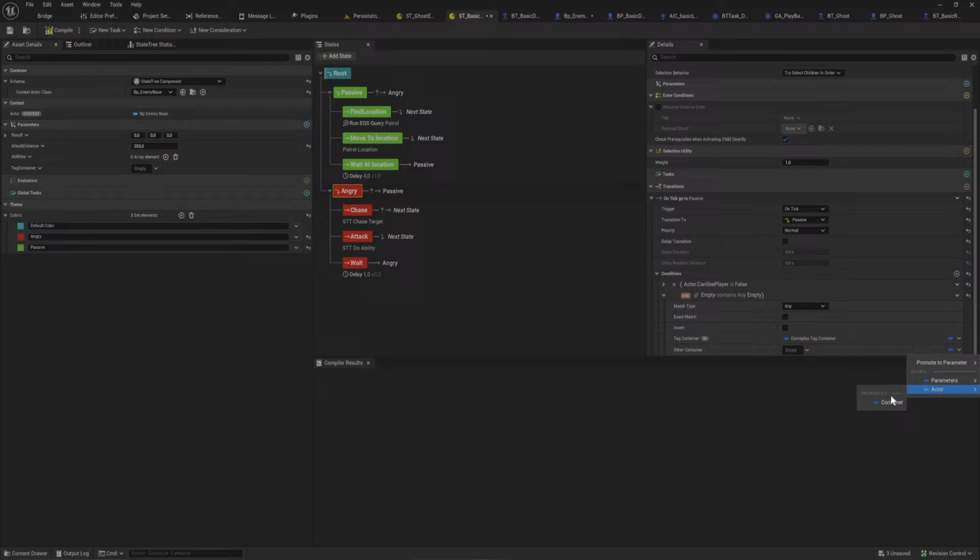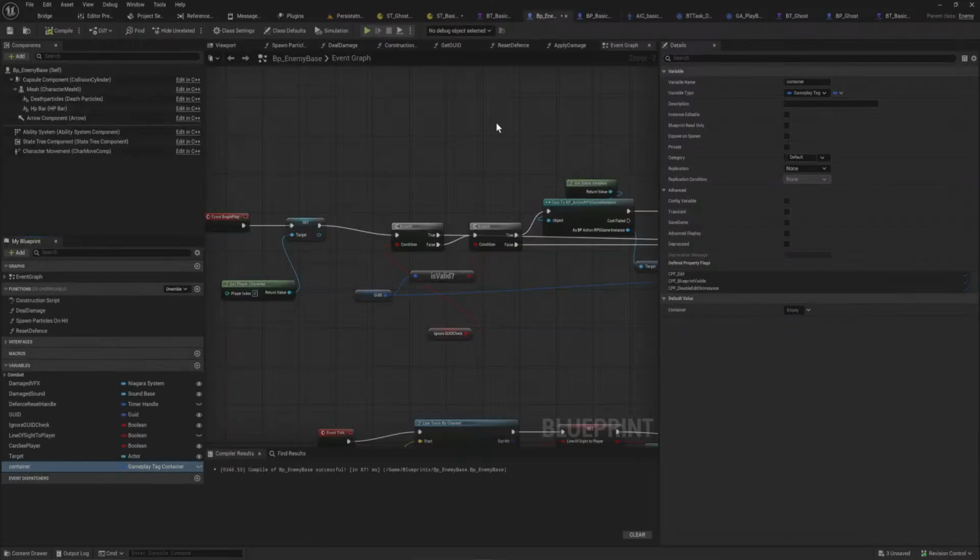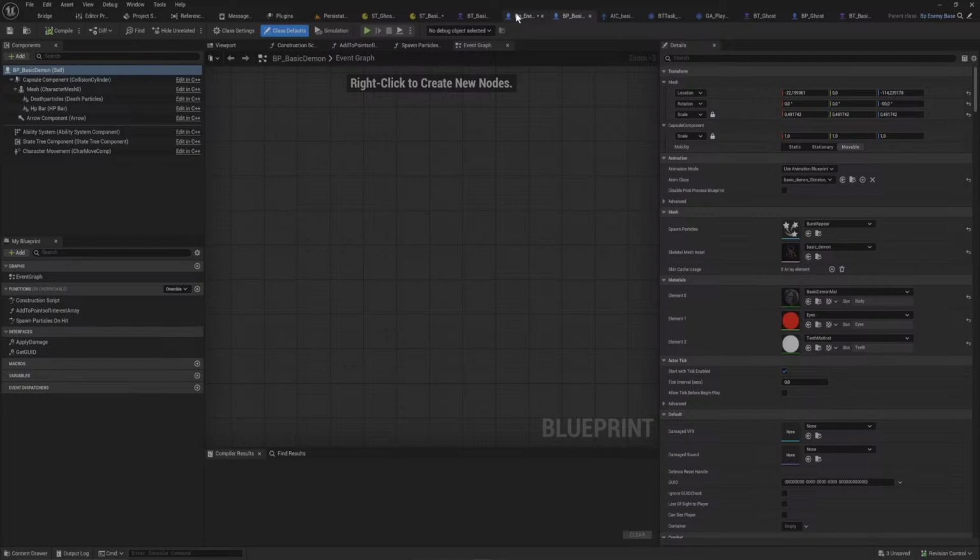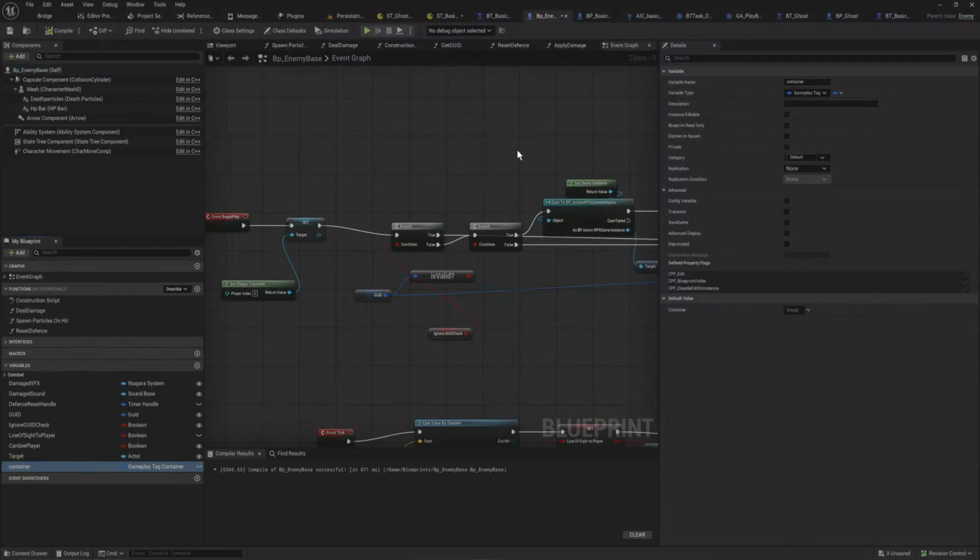But we have it with the gameplay ability system, so the container is on the ability system component. I'm fairly certain that's how that works. I've had this problem in the past. So what I think we do is